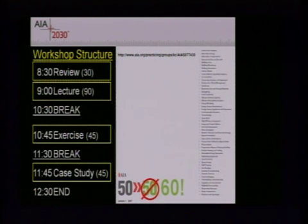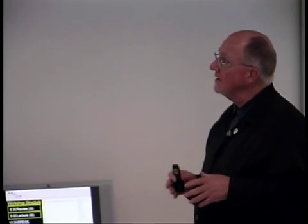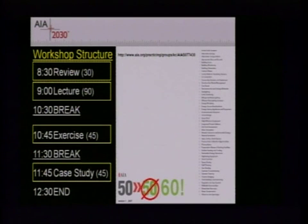The way that these workshops are generally structured is there's about a 30-minute review in the beginning, looking back over the previous session. Ideally, there's been a little piece of homework that everyone has done over the intervening month, and getting some information from the group about what they learned from that homework, and then generally a lecture, the real core content of